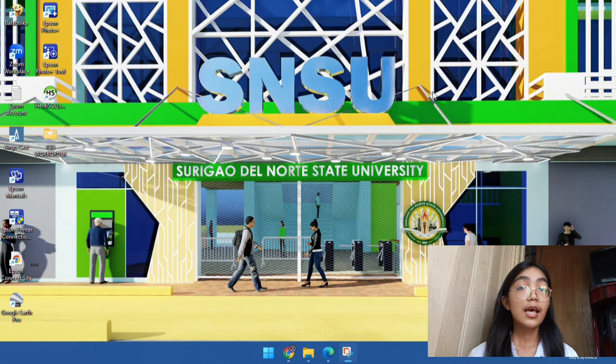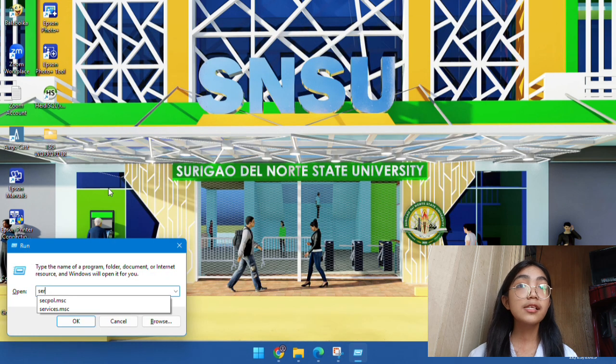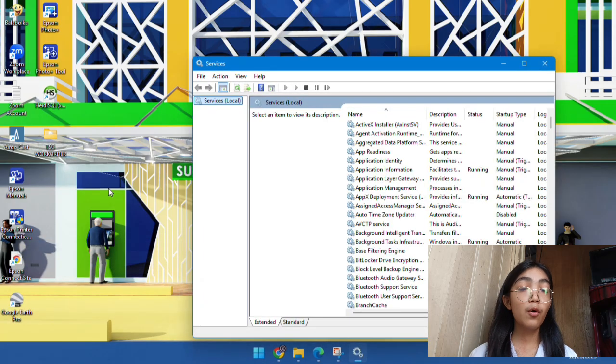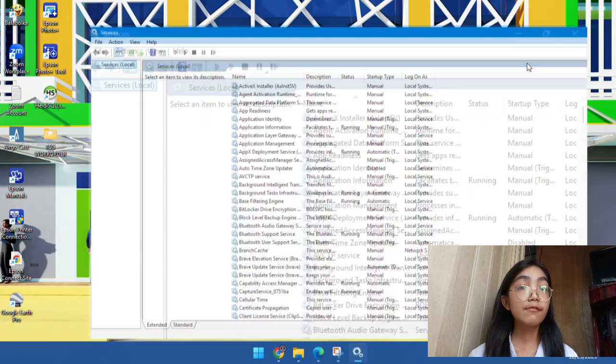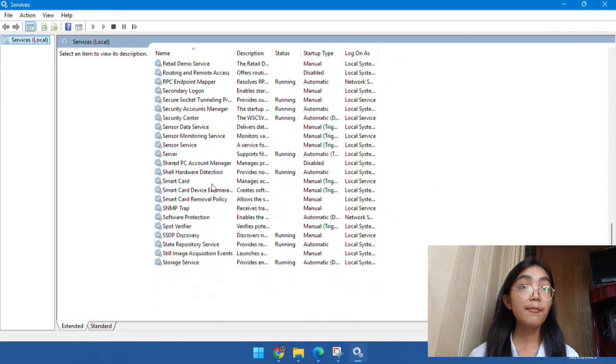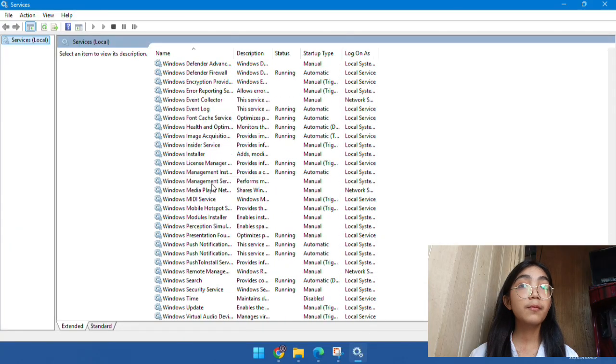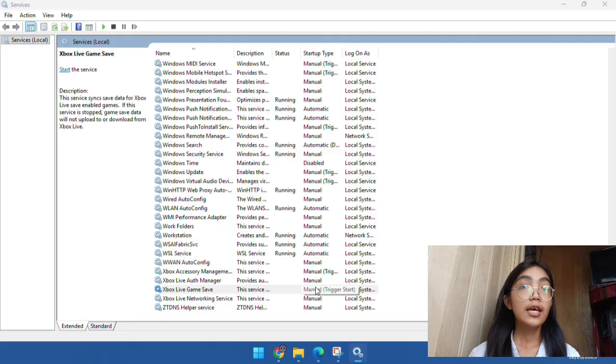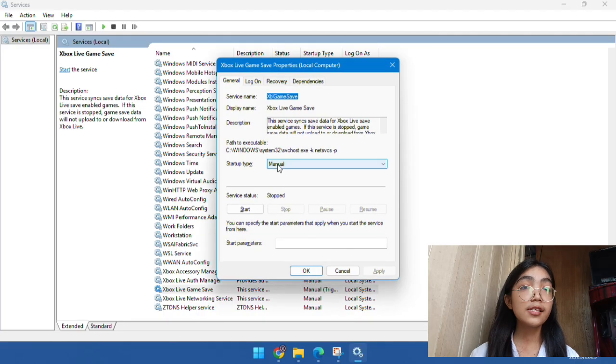To do this, click Start, type services.msc, and press Enter. In the Services window, review the list of running services, and if a service is not required, right-click it, select Stop, and then change the startup type to Disabled. This will prevent the service from running automatically when the computer starts.